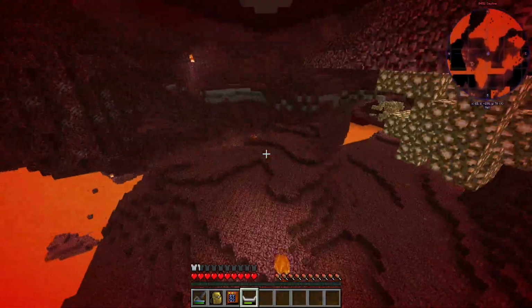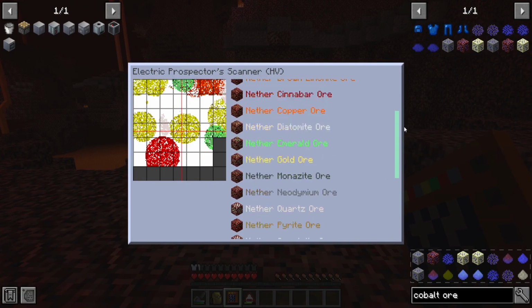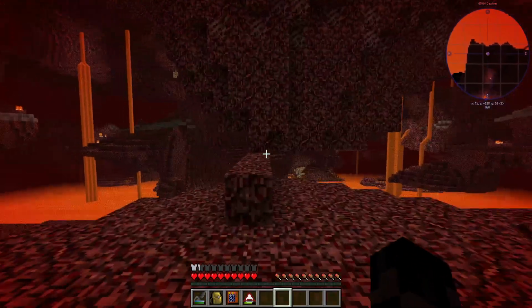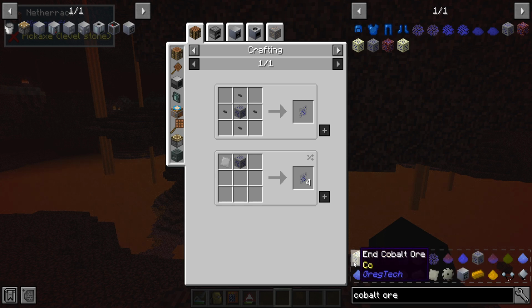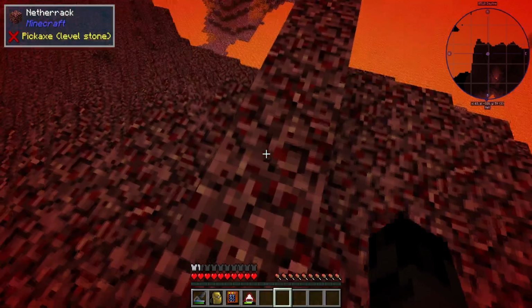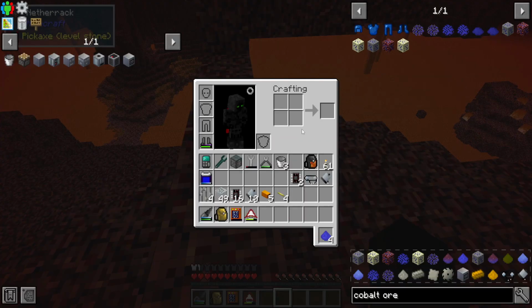It's like no matter how far I go, where I go, it's literally just never there. It's literally not there. How am I supposed to get cobalt? Is it broken? It's gotta be broken. Huh. Well, if it literally just isn't in the world, because I can't left click it for whatever reason,